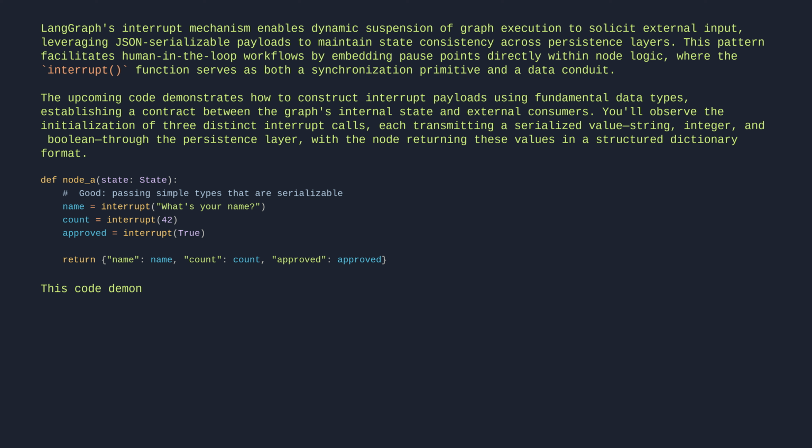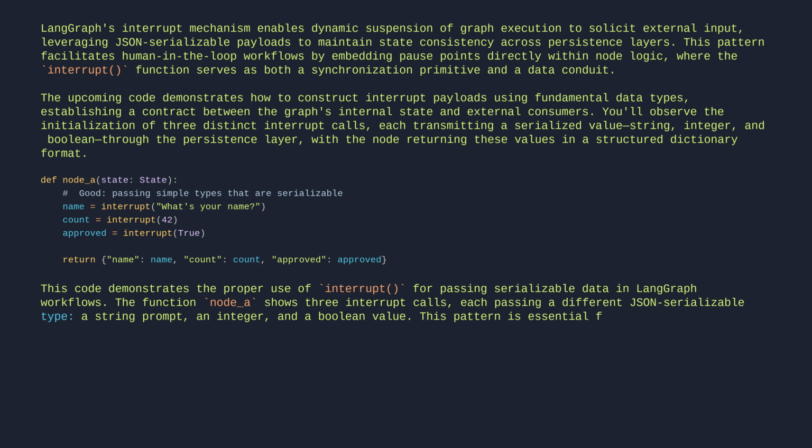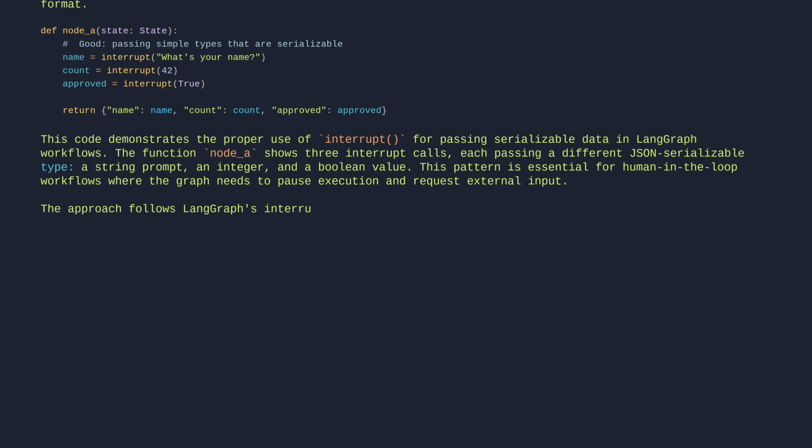This code demonstrates the proper use of interrupt for passing serializable data in LangGraph workflows. The function node shows 3 interrupt calls, each passing a different JSON serializable type, a string prompt, an integer, and a Boolean value. This pattern is essential for human-in-the-loop workflows where the graph needs to pause execution and request external input. The approach follows LangGraph's interrupt design principles by using simple, serializable data types that can be persisted by the